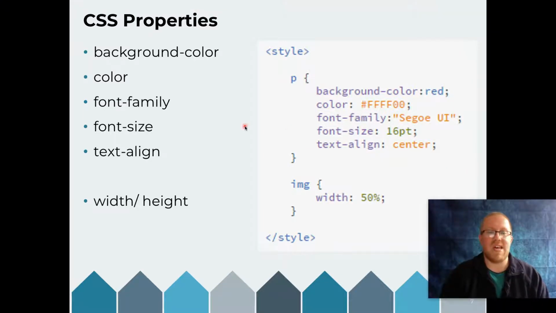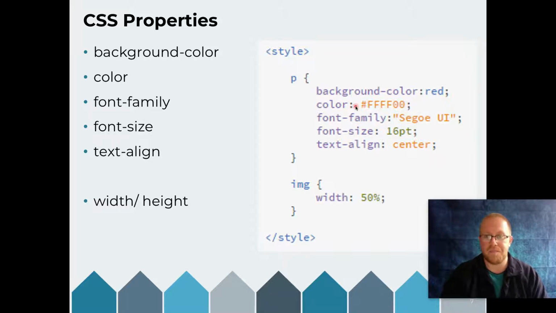So we can use CSS to change the background color, to change the color. So that's the actual color of the object. So in this case, we've added color to a paragraph. So that's going to change the color of that paragraph. We can change color either by using the color name, so the background color I've set to red, or we can use its hex code. So every color has a hex code to store it. So in this case,